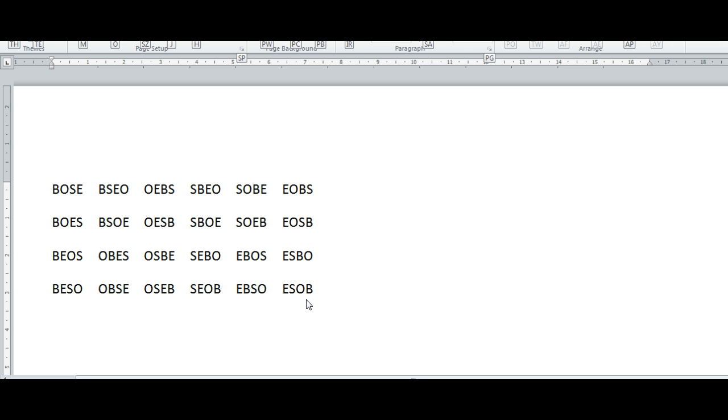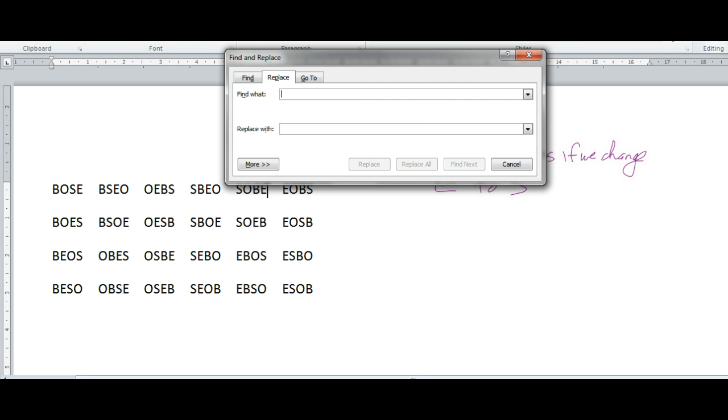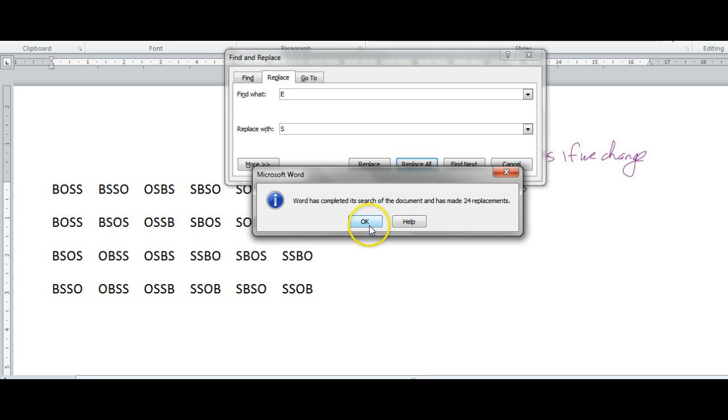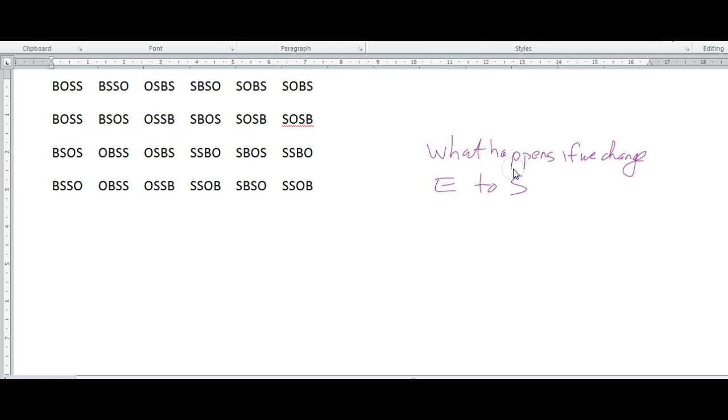So what's going to happen if we change the E to an S? Okay, so what happens if we change E to S, right? So that should be doable, right? All in one swoop here. Go home, find replace E with S. And you notice I made 24 replacements. That kind of makes sense. I mean, there were 24 arrangements,